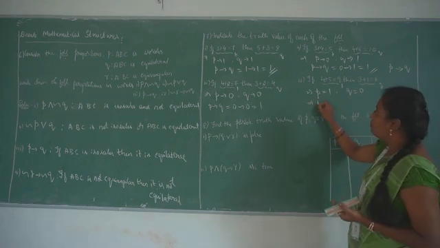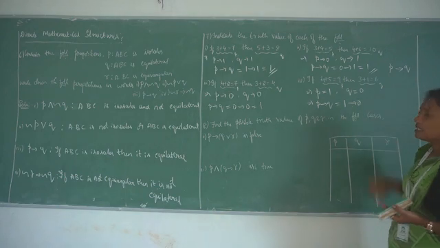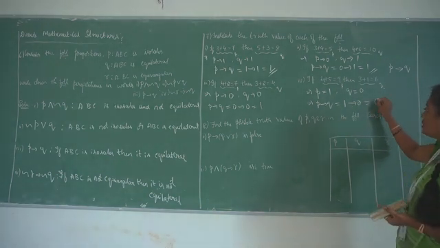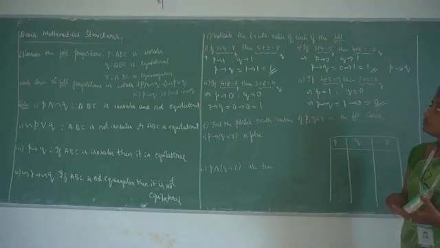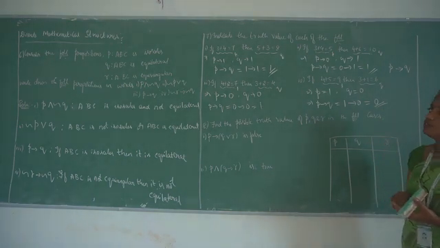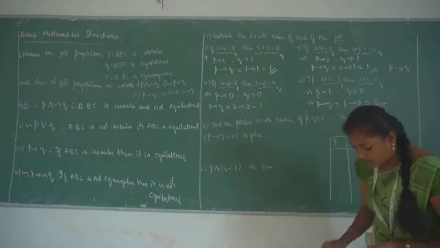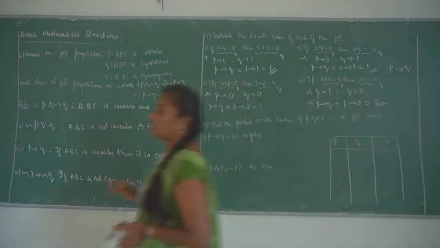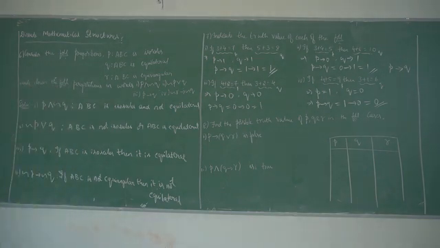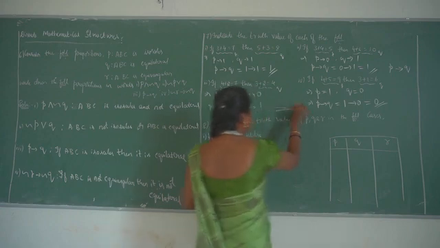Then if p then q is nothing but if 1 then 0, and 1 to 0 has the value 0, which is a false statement. So in the given 4 statements, the first 3 are true statements and the last one is false. That means the truth value of the first one is 1, the second one is 1, the third one is 1, and the fourth statement is 0. That is the second problem.